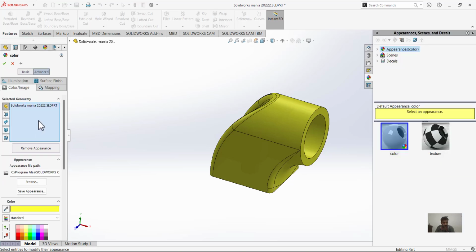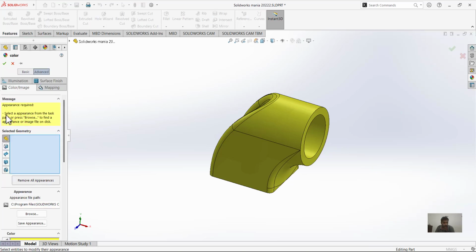Now change the color of fillets. So instead of the selection criteria